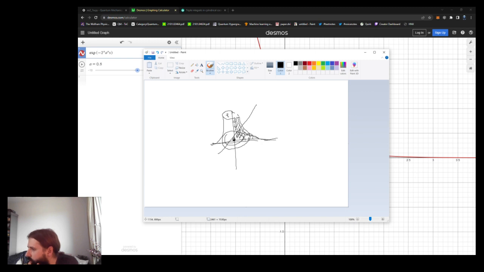Okay, so if you have the area of this thing here. So if you have a given r,